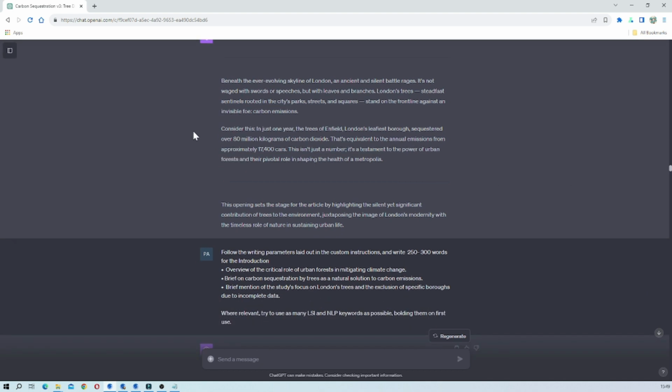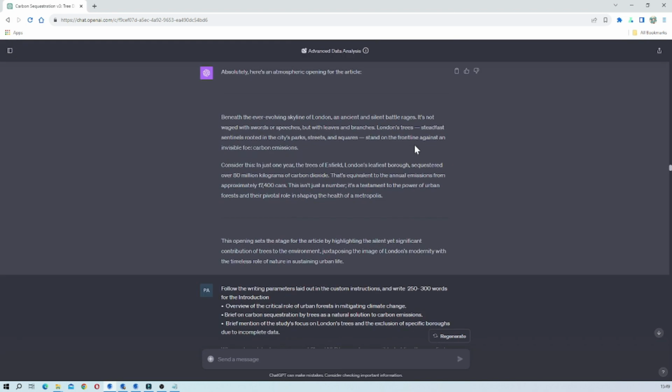But it's also what I wanted to pull out, a key fact from the data set, or the analysis that ChatGPT has provided of the data set. And here it's talking about the London Borough of Enfield producing sequestration rates of over 80 kilograms of carbon dioxide per year. Now, what I did when I did the final article, as you shall see shortly, is I put caveats in, like "estimated" and things like that. I want to make sure that we're not saying that this is exactly what the figure is,